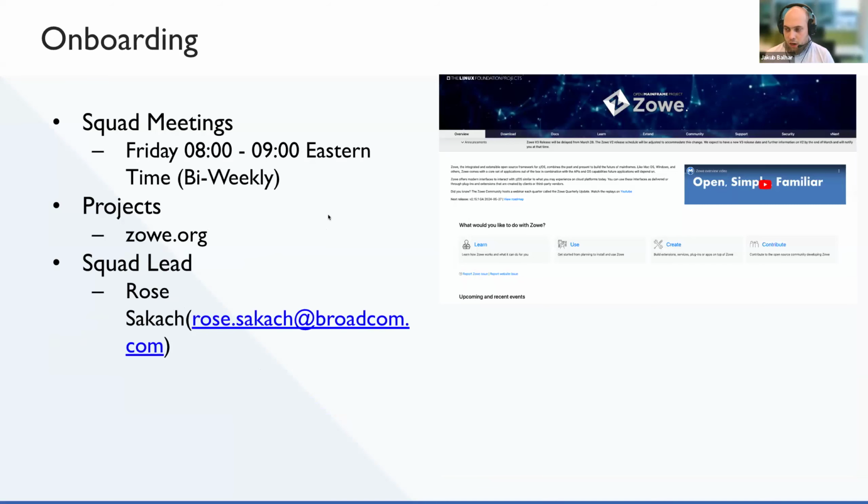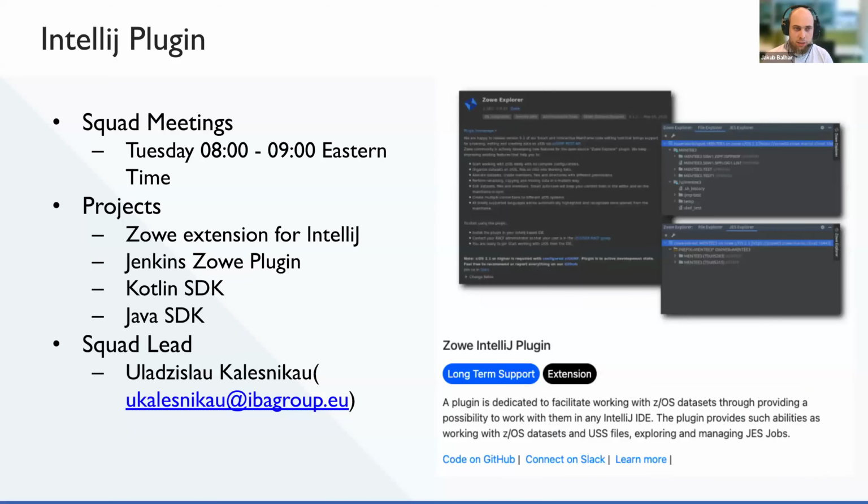I have a question: how can we contribute to this? If it's around the IntelliJ plugin and projects here, then the easiest answer is to reach out to Vladislav and he will help you. The less easy answer is that in the OMP Slack, there is a channel, Zowe IntelliJ plugin. You can reach out there and they will help you with how to. And an even less obvious answer